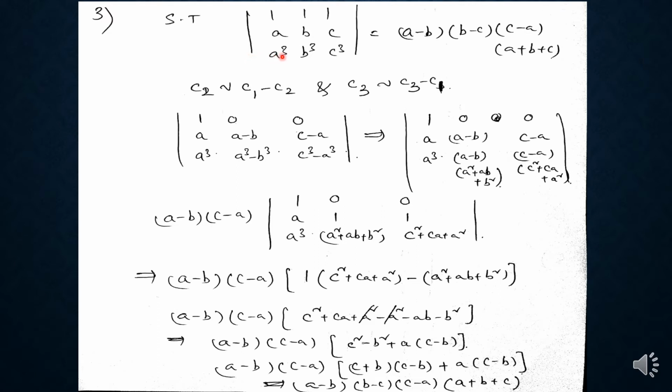So to prove this, in the determinant we can see 3 ones are there. By using column operations we change this to 2 elements as zeros, and by applying the a cube minus b cube formula we can take out the factors (a minus b) and (c minus a) as common here, and by simplifying by using the Laplace expansion by the first row we proved this one.